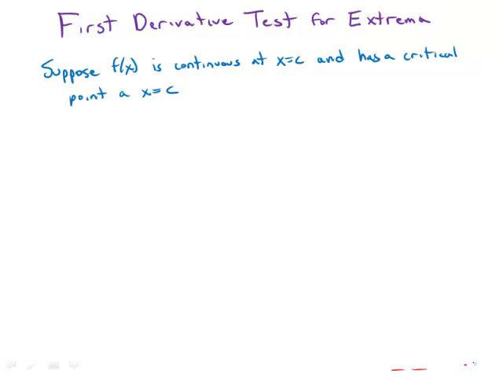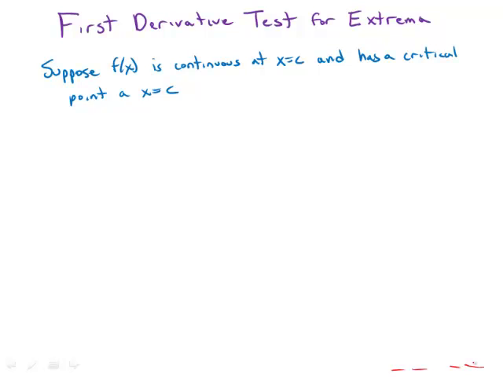Now you may remember when we talked about critical points, we said a critical point, of course, is where the function either has a derivative of 0 or a point where the derivative is undefined. We didn't say at the time whether that point would be a maximum or a minimum. Both max and min have to occur at critical points, but if you know a point is a critical point,